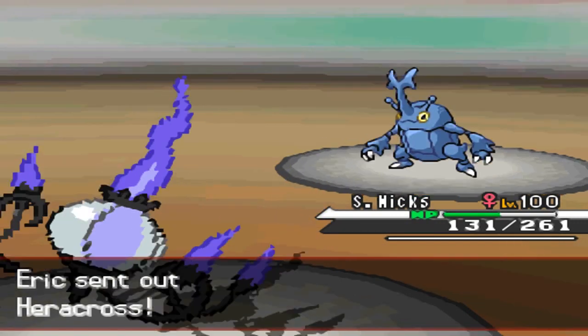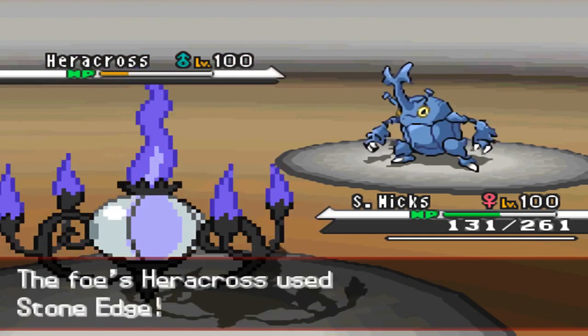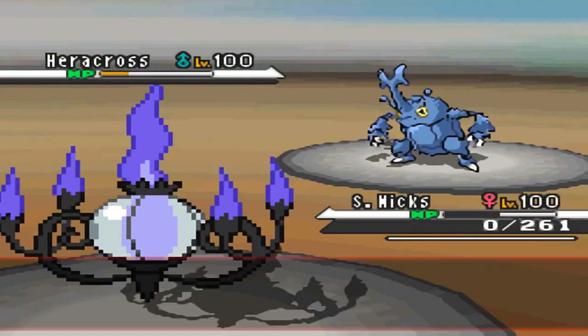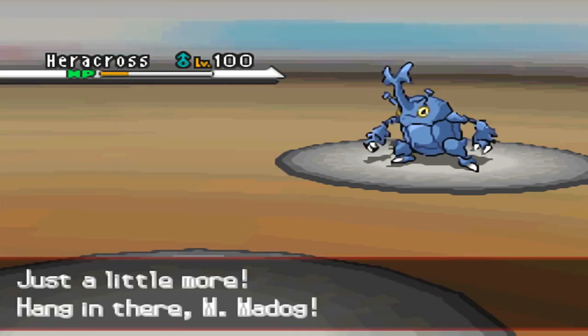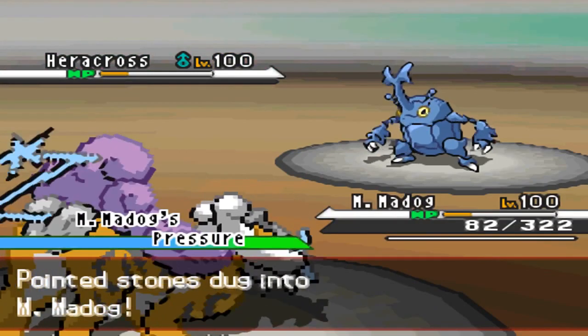I leave my Chandelure in here, even though the Stone Edge or the Earthquake was pretty obvious, just because I figured, you know what, he may Pursuit lock me in as well. That's not the case. He goes for a Stone Edge. I suppose that's just so he could Death Fodder it off and maybe get damage on the next thing. However, my Raikou is Choice Scarf, not Choice Specs, so I'm going to be able to kill him with a